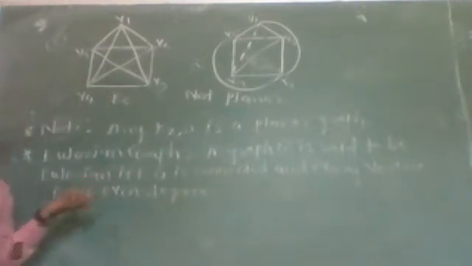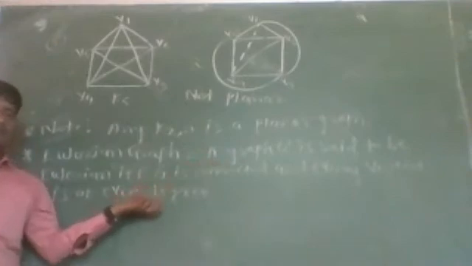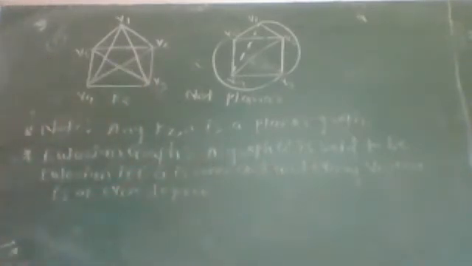So any graph G is said to be a Eulerian graph if the graph G is connected and each vertex of the graph G is of even degree. Then the corresponding graph G will be said to be a Eulerian graph. For example,